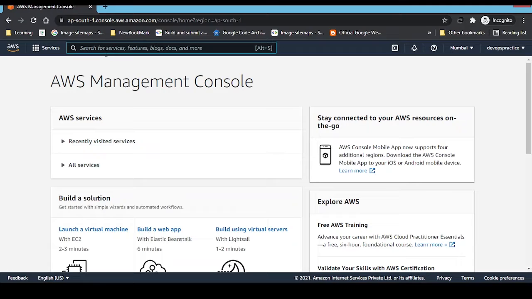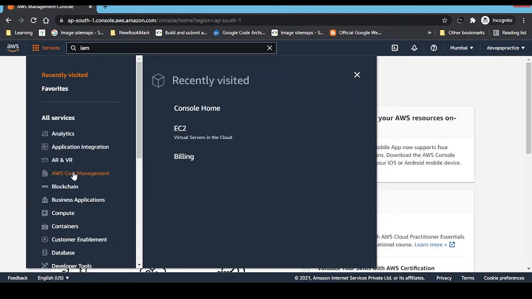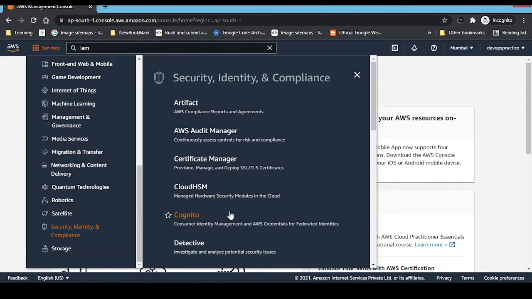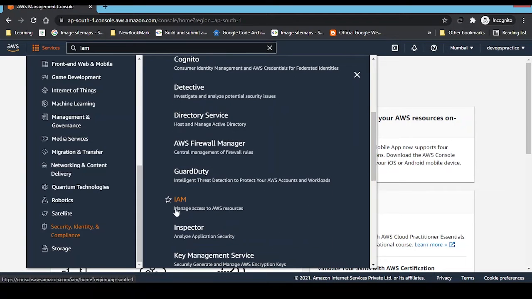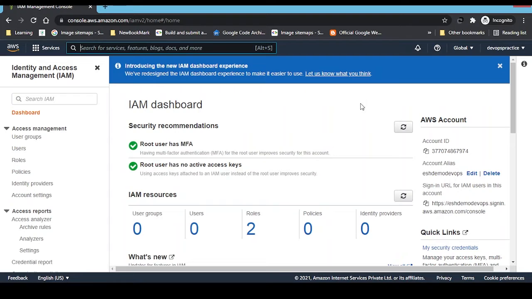You can search here for IAM in the search bar, or we have an alternative way. You just click on Services, then you come down and you will see one option like Security, Identity, and Compliance. You just click on this, and if you scroll down a little bit, you will get IAM. So you can click IAM. This is the IAM dashboard, where you get information about some root things, like I have already enabled multi-factor authentication and